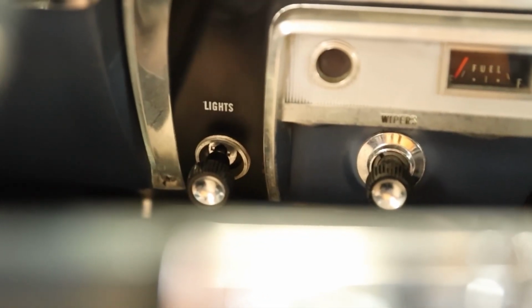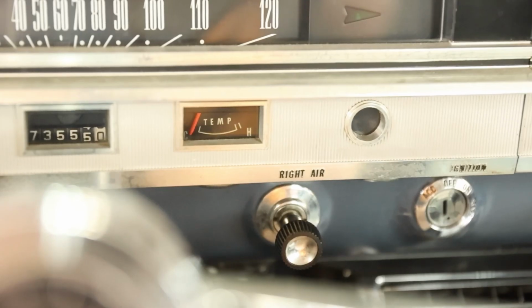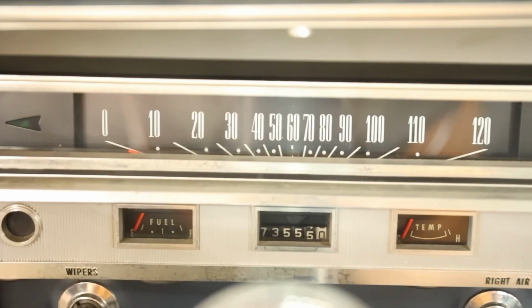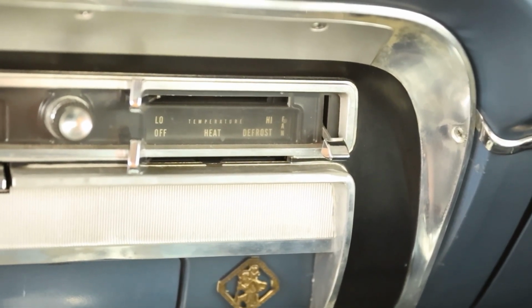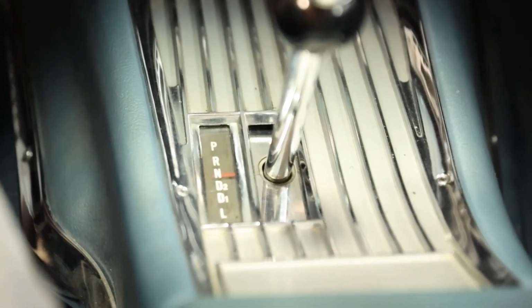On to the button switches and knobs, starting on the left and moving right. Headlights, windshield wiper, warning light, gasoline gauge, odometer, coolant temperature, another warning light, right air footwell vent, which is super nice because it takes all the heat coming from the firewall that nobody tells you about, and it replaces it with cold air from outside. Key, cigarette lighter, left turn signal indicator, 120 mile per hour speedometer, right turn signal indicator, AM radio, heat and defrost settings, as well as fan blower speed. This one has select air conditioning, Sony aftermarket radio, drive modes read: park, reverse, neutral, drive second, drive first, and